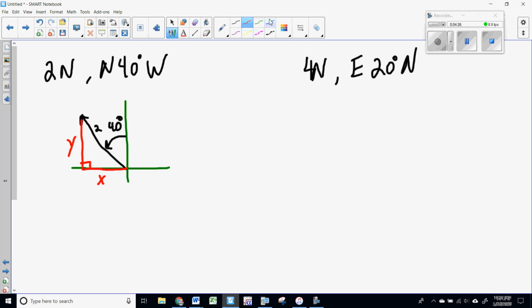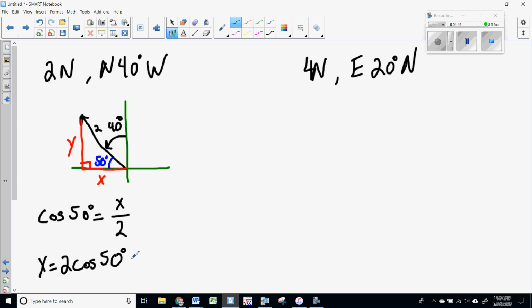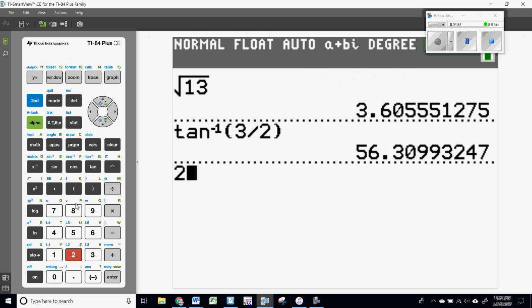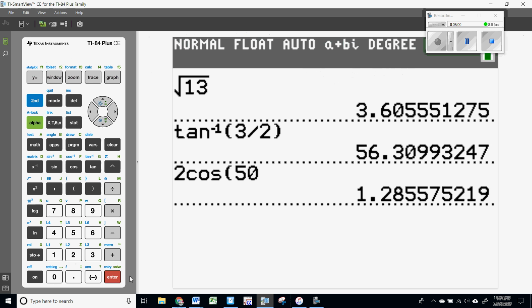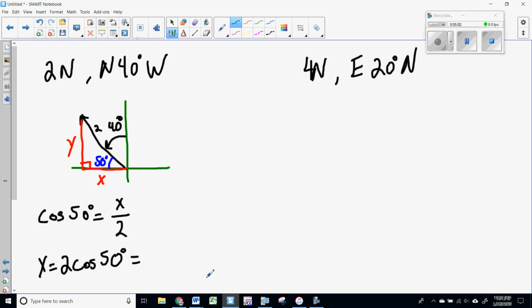Now, when you do this, what I'm going to show you here, you always want to use our angle to the x-axis, which is 50. Because now, to find my x, I just have cosine of 50 is x over 2. So that means my x is just 2 cosine of 50. And if I just go to my calculator, I can just do 2 cosine of 50, and I get 1.2